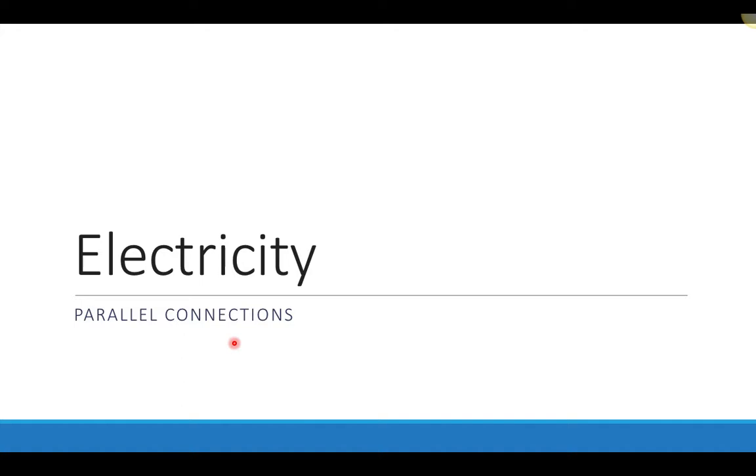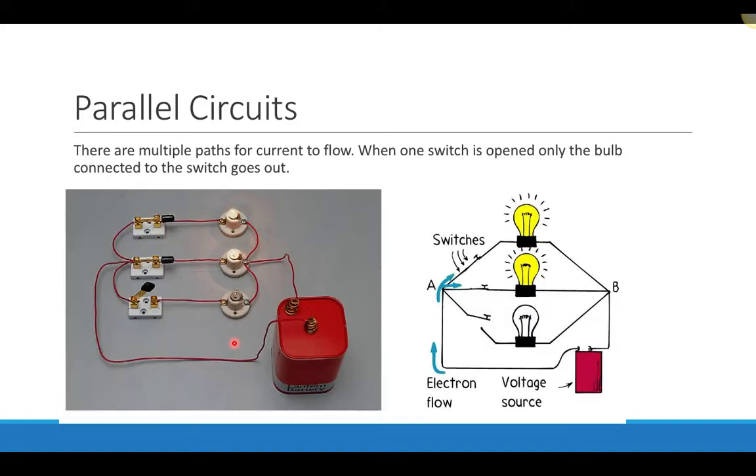Next, we consider the other way that you can connect components in a circuit, and that is by connecting them in parallel. So when components are connected in parallel, there's actually multiple paths for the current to flow through. So first of all, the first thing that defines components connected in parallel is that each of the components,